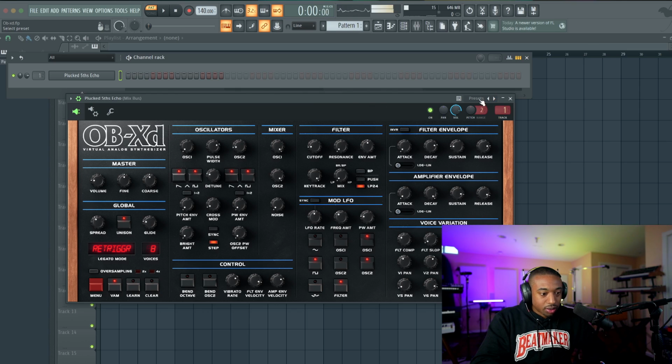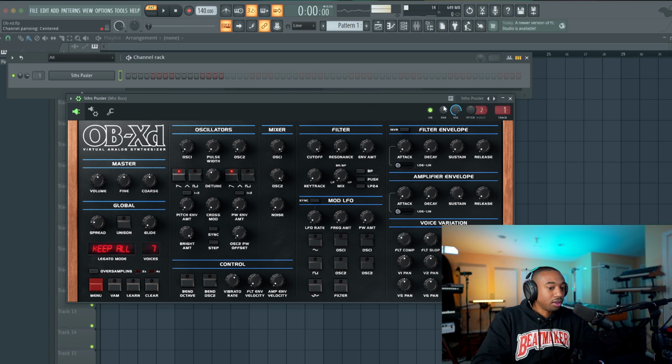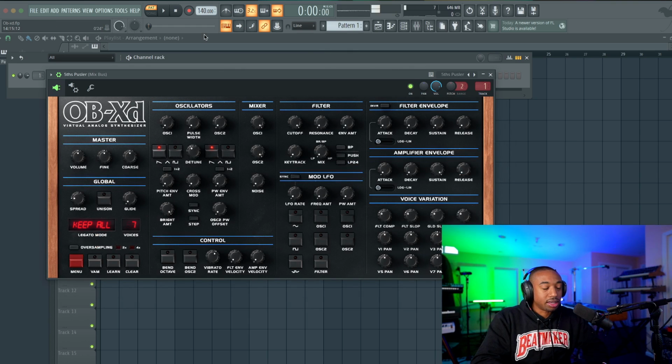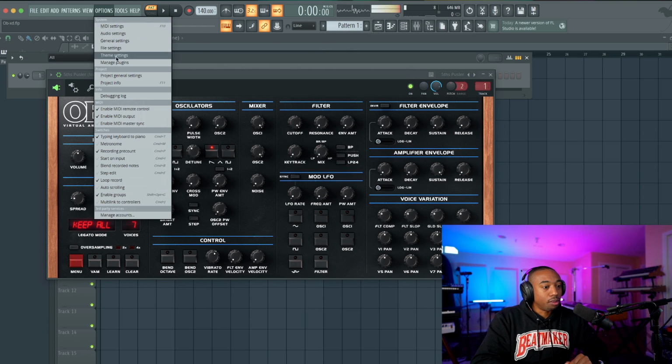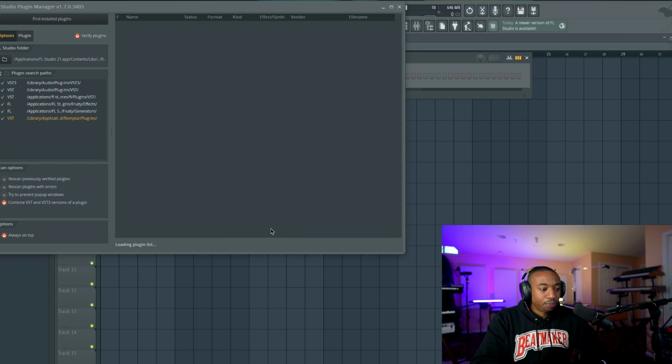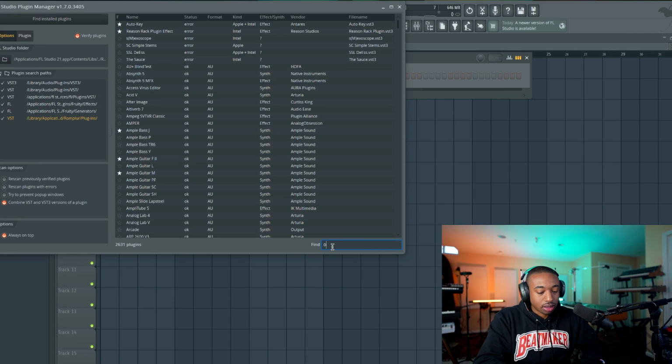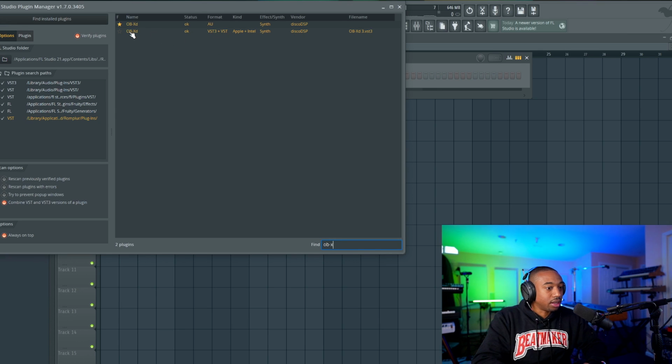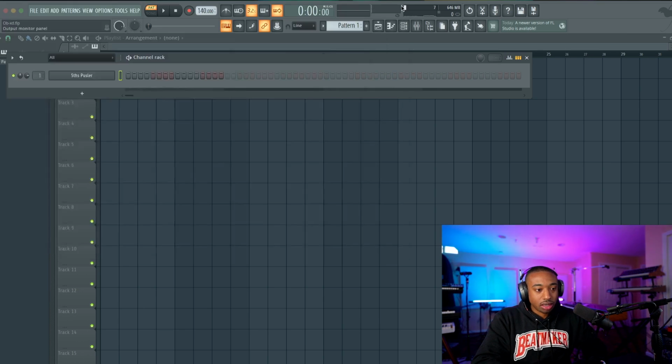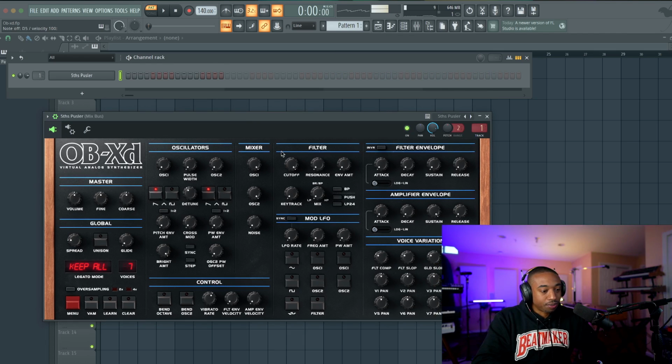Okay, so let's get started with some presets first, because in the beginning, you don't know how to sound design, so you just click presets. Now, a quick anecdote. For those on Mac, go to Options, Manage Plugins. Make sure you have the AU version turned on, because for the longest time, I couldn't get sound. Make sure you have the AU version if you're on Mac in FL Studio.